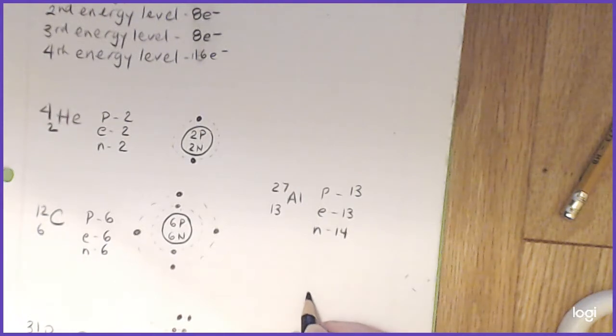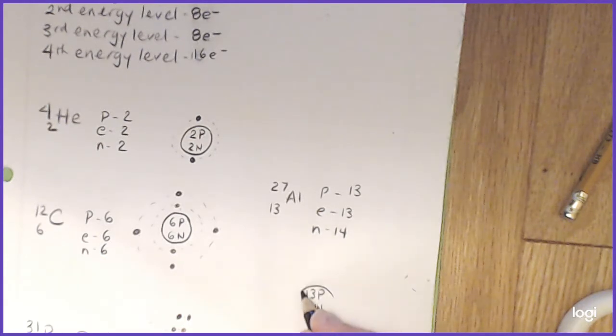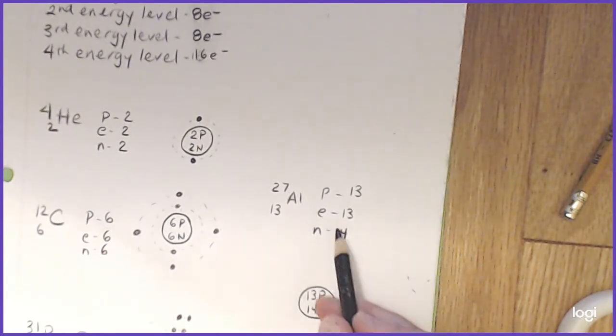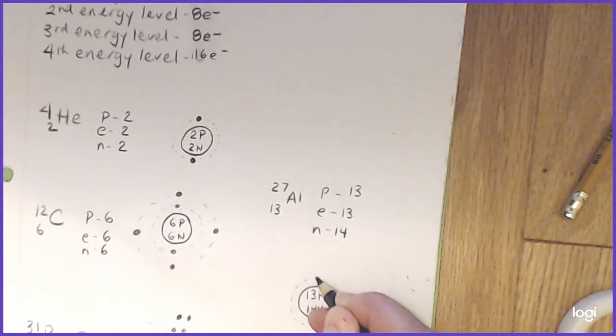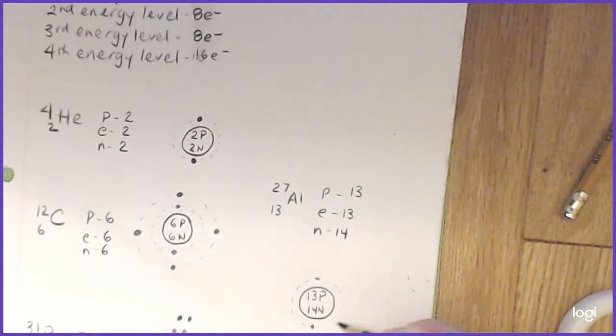So we've got 13p in our nucleus, we've got 14n, all right, and then we have to place 13 electrons around the outside. So our inner energy level, we've got 1, sorry, 2,